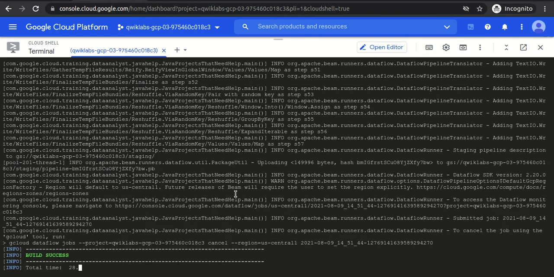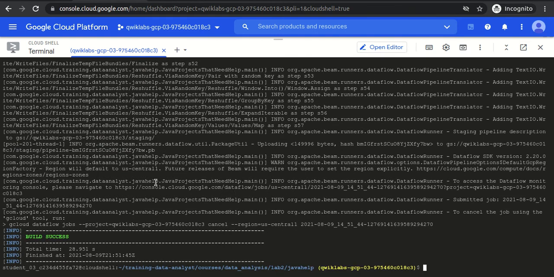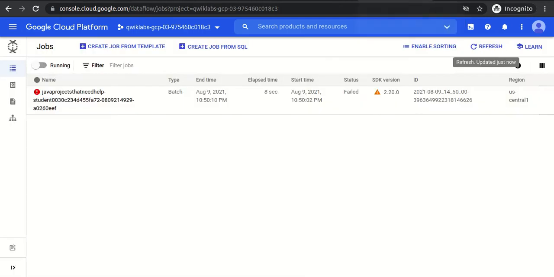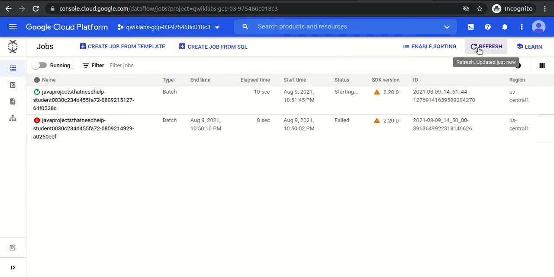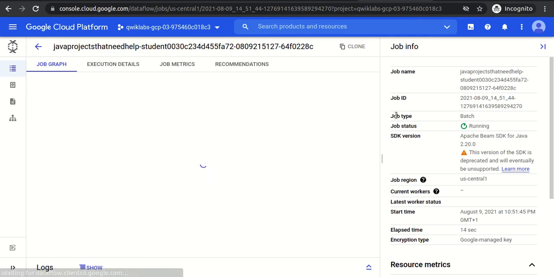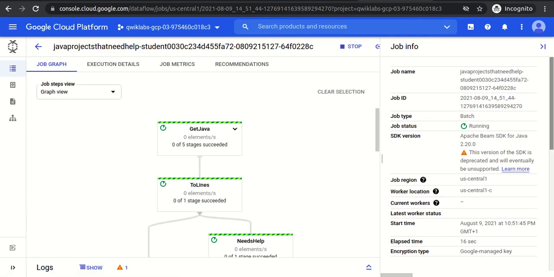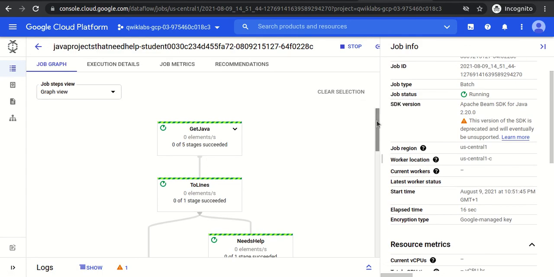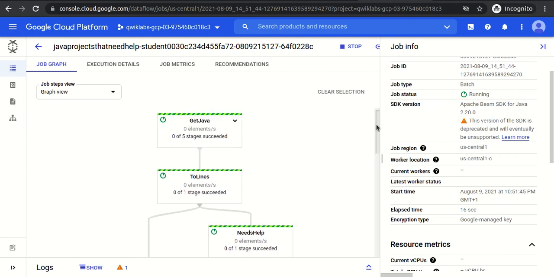Or maybe I am missing some steps. So the Java code has built successfully, so compilation has been successful. If I refresh it, the pipeline gets started. If I open this, you could see all those steps which I have shown you in the code: get Java, two lines,